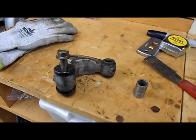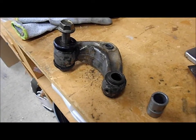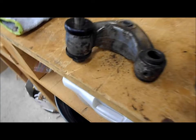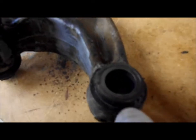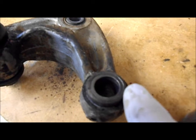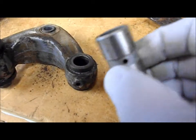Okay, YouTube, I've got another little snippet for my XR200R. This is the pivot point for the shock in the back, and both parts of this, the bearings, needed to be replaced. They were totally shot, and I figured I would show you how I go about it. If you look real close, if this camera's focusing right, you can see that there's two. There's this outer rim which does not move, and then you got this intersection,